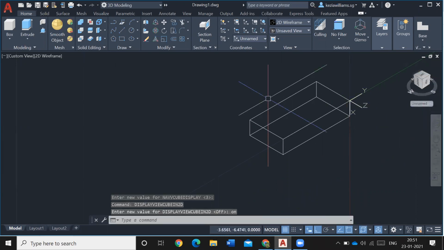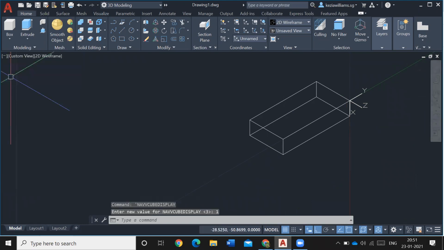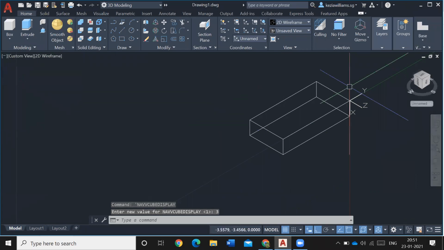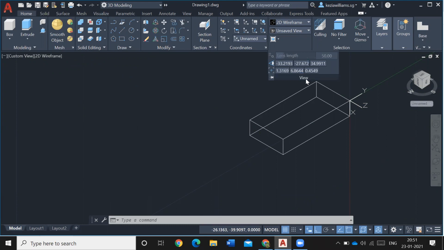You see? So here also we can change actually. View cube, see, gone, and here we got it back. So you can delete this one and remove this one, and here also you can do that actually. View cube will be somewhere here. I think okay. So two methods is enough. So we can change here, delete, or you can bring it back. This is called view cube. Okay, everybody say view cube.